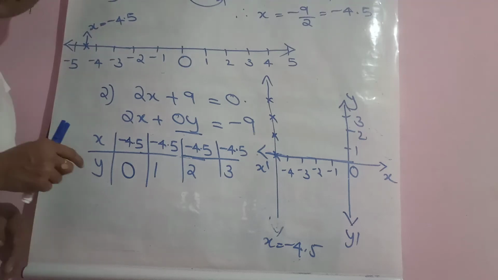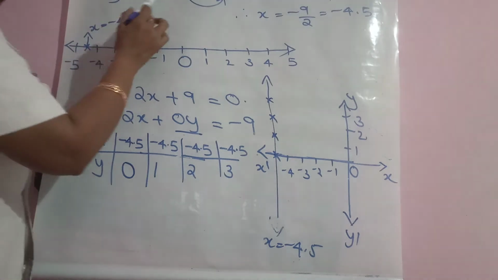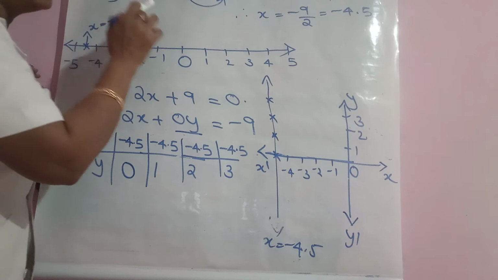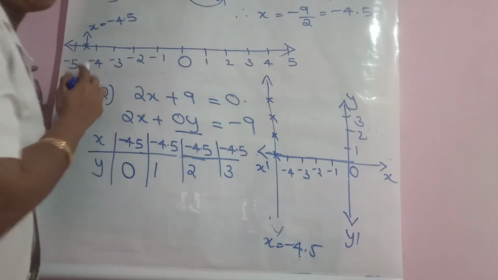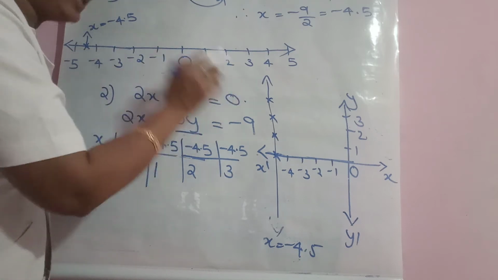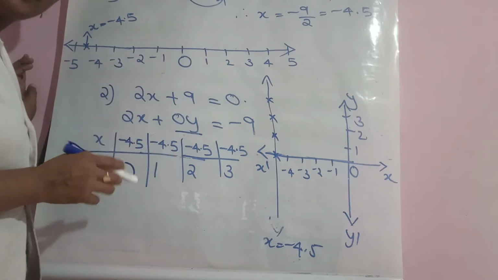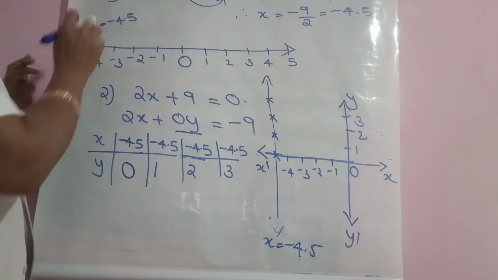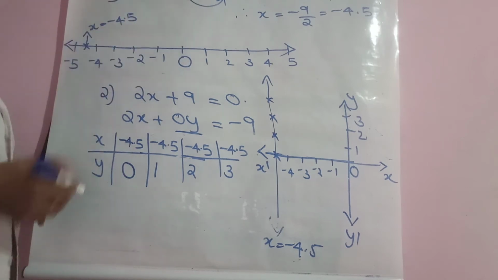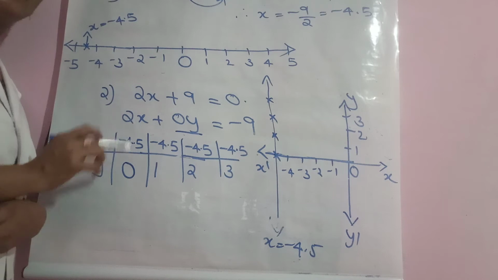So in the last class we have studied up to 2x plus 9. How can we represent 2x plus 9 equal to 0 in the form of one variable? One variable is simple, just draw the line and find the value of the variable. Where does it come? You just write it, that's enough. But in the form of two variables, we have to include one more variable along with this one.